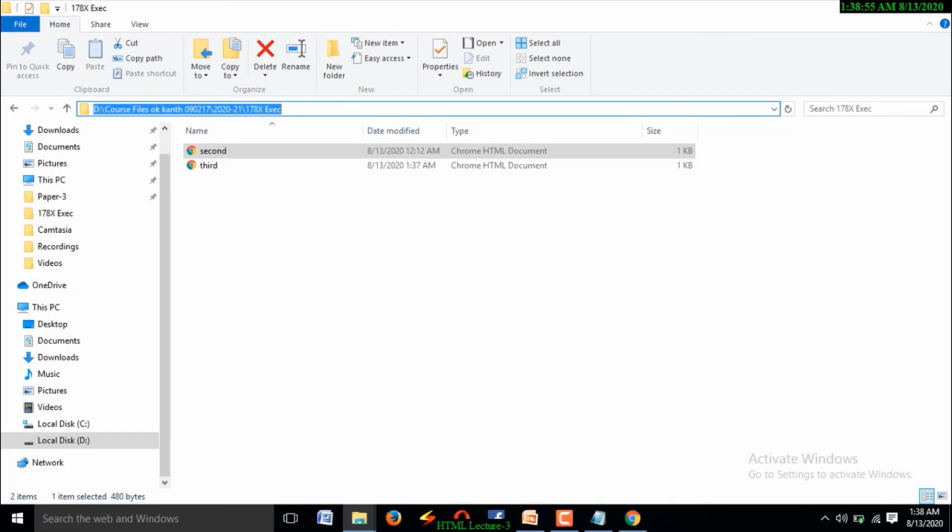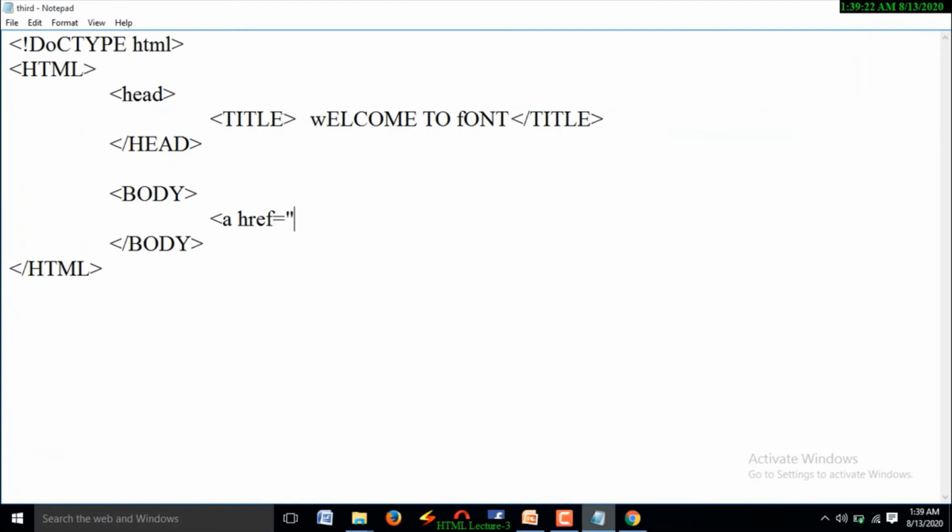Because of that reason, here I am copying the path of the web page. In D drive, course files, OK Kanth is available. In that, 2020-21 folder is available. In that, 17.8x folder is available. Inside the 17.8x folder, the second.html file is available. If I click on the third web page, it is going to show the second web page. Like that, I am going to arrange the link.